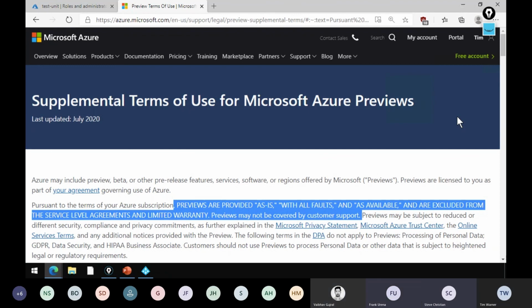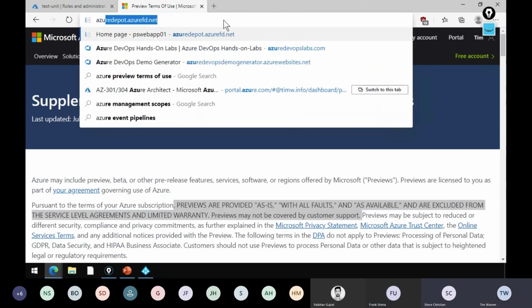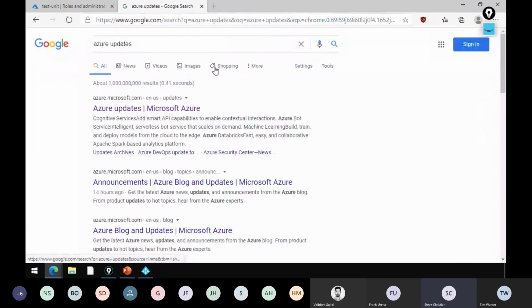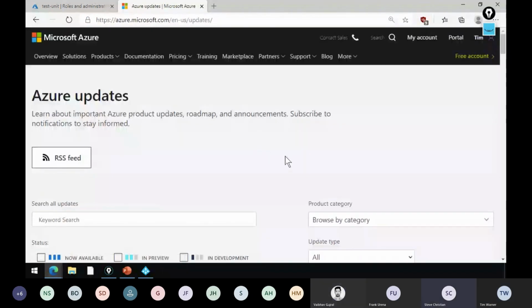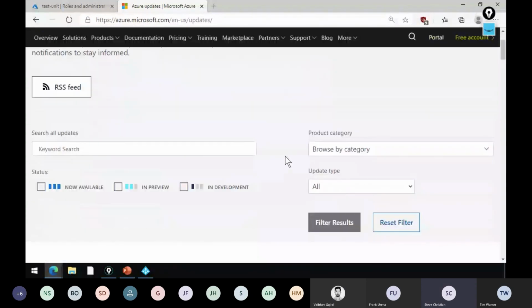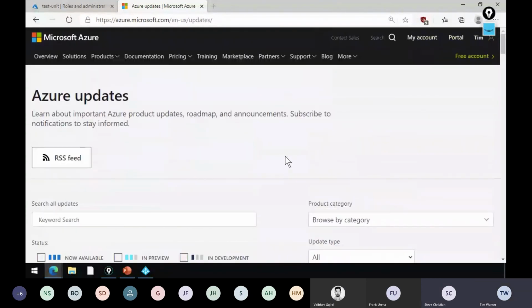And where I heard that, if I'm not mistaken, was from Alex Simons, who's the corporate director for the identity group. Sure. So as far as Azure AD is concerned, if it's coming from Alex Simons, if it's public preview, it's fully supported. I can't vouch for anything else in Azure. Yep. That's right. So as long as the product group will support it, because in the end, if our normal support channels can't support it, it will go up to the product group, and if they're going to support it, then we're all good.